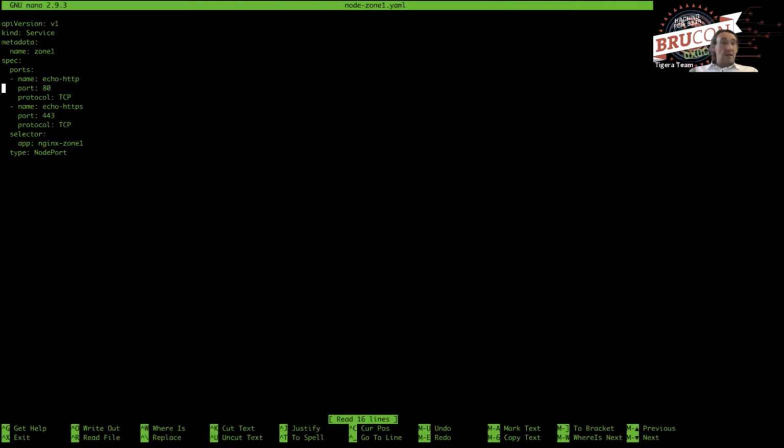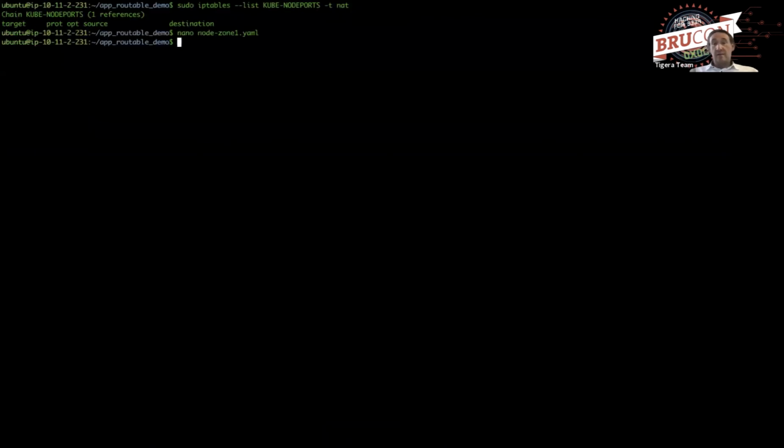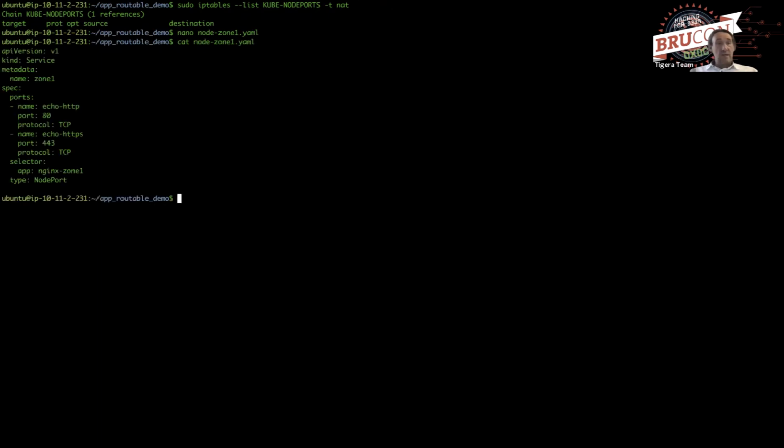Let's see if we can expose a part of the application by creating a service. As you can see, there is a service. I added the type NodePort here. Pretty cool, it's there. You see there is no higher port specified. Same idea, just type NodePort. So if we're going to apply this service definition,